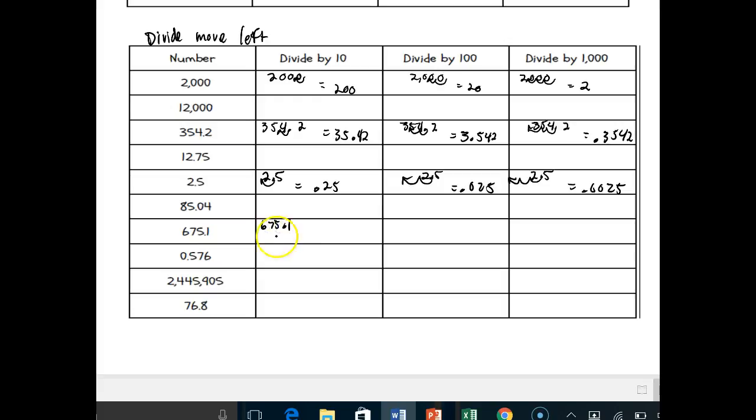675.1. Again, because I have a decimal, I start from the decimal. So divided by 10 equals 67.51. Divided by 100 once, twice, equals 6.751. And divided by 1,000 once, twice, three times equals 0.6751. And lastly,